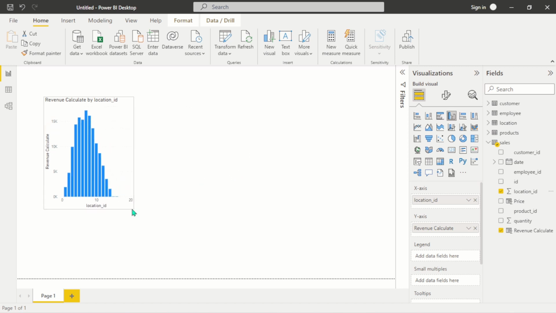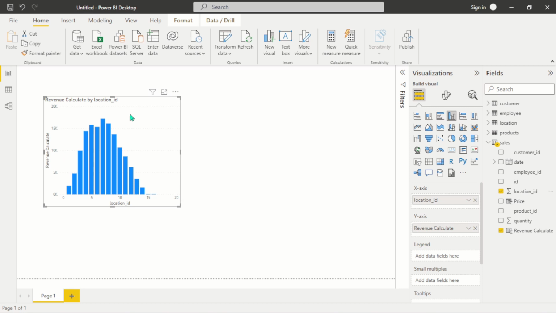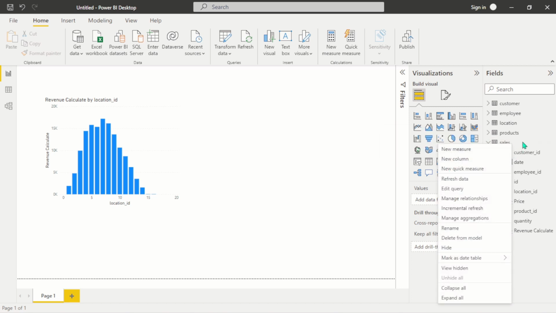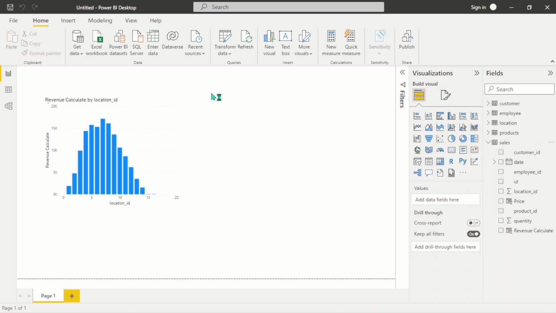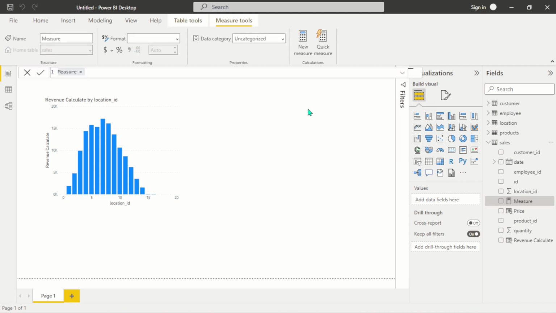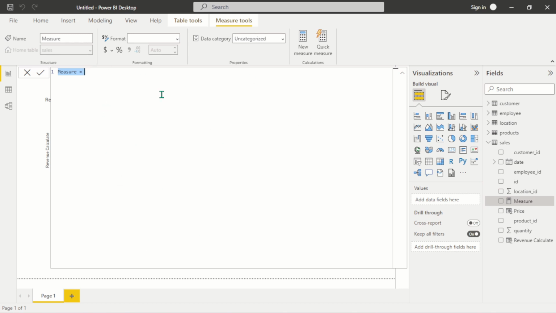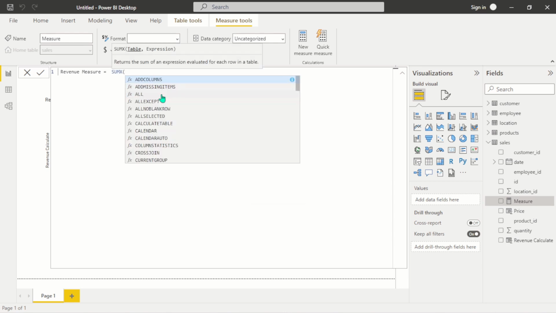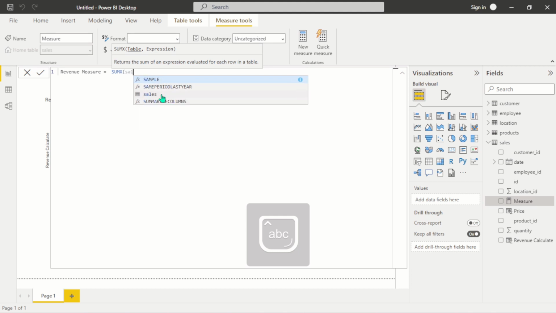Now let's replicate this using the revenue measure, and you will see why you should use measures over calculated columns. You can just right click on the table and click on New measure, and it will open a DAX window for you. You can drop it down. From here, let's call this one revenue measure. And let's use an aggregate function, which is SUMX. I'm going to explain this later. We want to get it from the sales